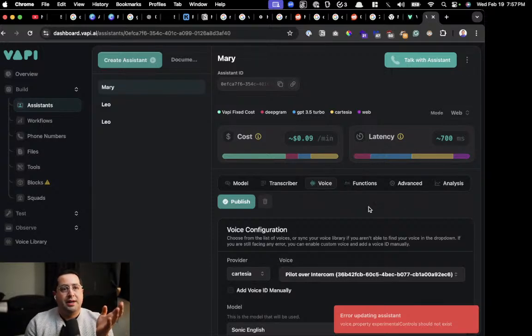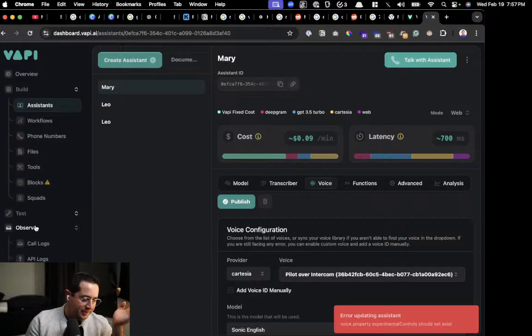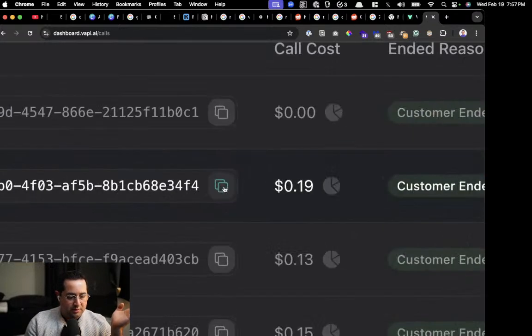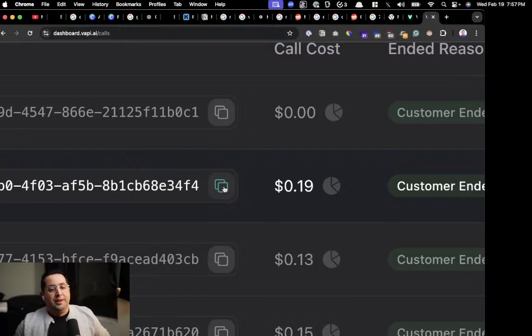Now, how much did that cost? If we go to the call logs, that call cost 19 cents. So if you want to add AI to your business, or you want to sell AI to small businesses, because a missed call is a missed sale, the business only has two options: to hire someone part-time or full-time for $5,000 a month. That's only available 9 to 5 and probably doesn't work weekends or nights, and doesn't have bad days, and can only answer one call at a time.